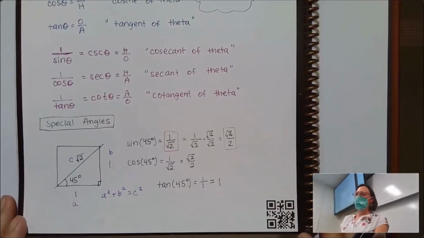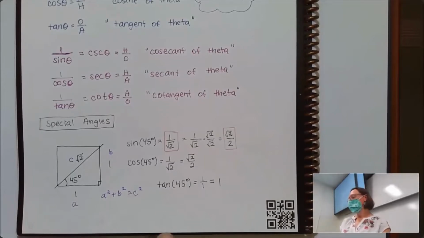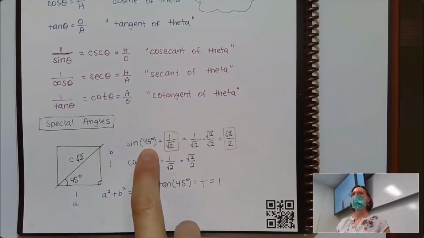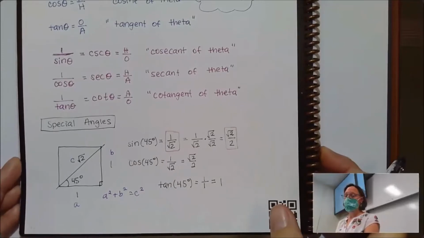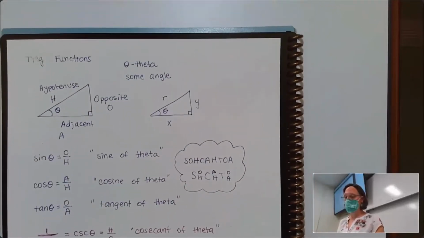Now there's something subtle in what we just did here, but if you walk away with only one thing today, it should be that the sine by itself doesn't mean anything. Sine is telling me, look for the ratio of the sides of a triangle, but I have to know what triangle to look at. And the only way to know what triangle to look at is to have an angle inside. So super, super dumb, really super dumb, but